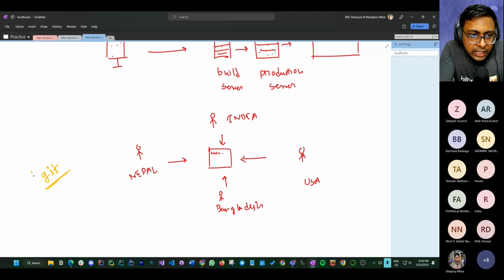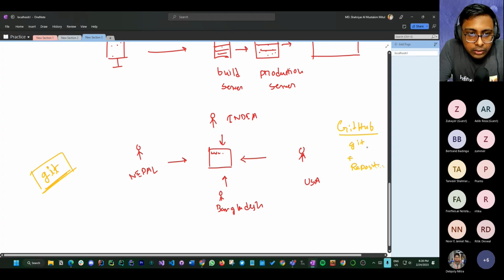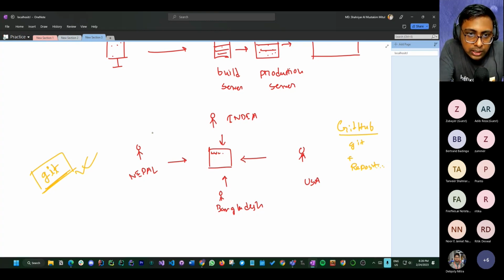Git is a version control management system. GitHub is a different thing. GitHub is a cloud-based thing. GitHub uses Git, and they also provide you a server so that you can keep your repositories. If you are using GitHub, you'll see there are multiple repositories, and you can keep your code public and private as well, right? So they are providing you repositories. Okay, so basically you are going to use Git as the version control system, and people are going to use GitHub, assuming that they are all using GitHub.